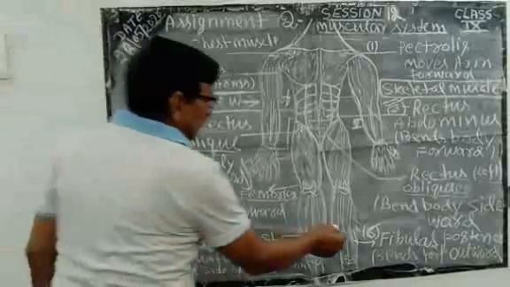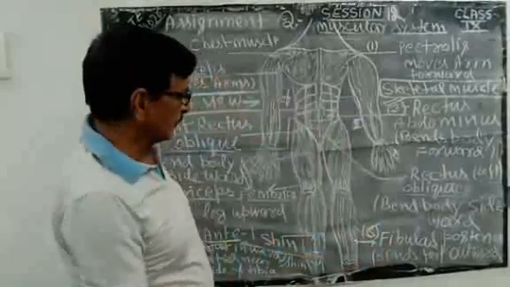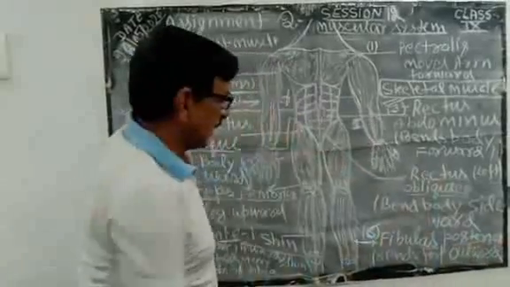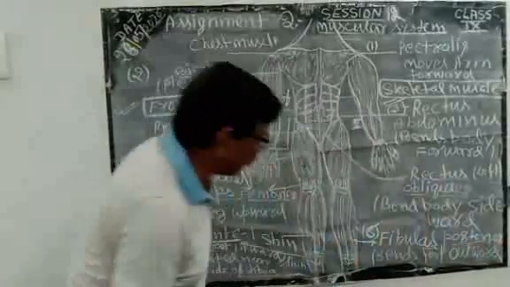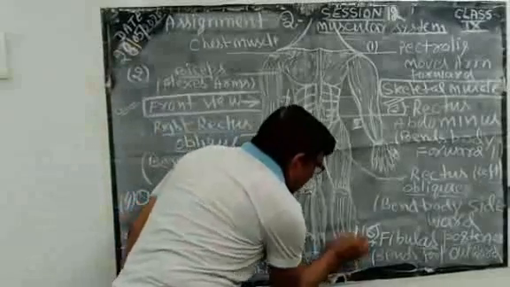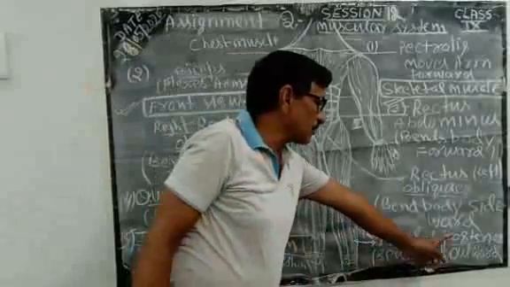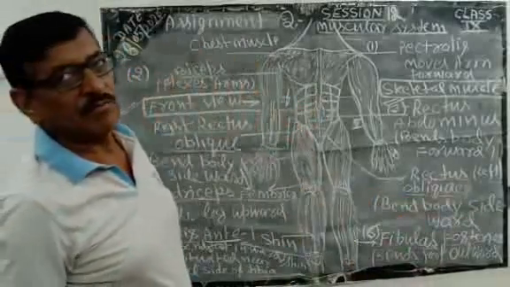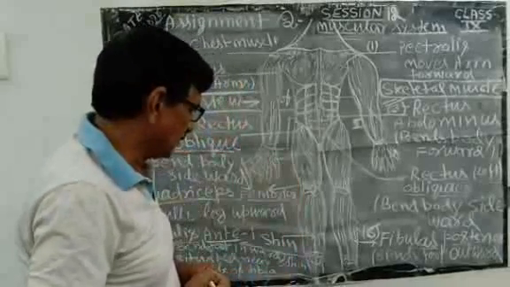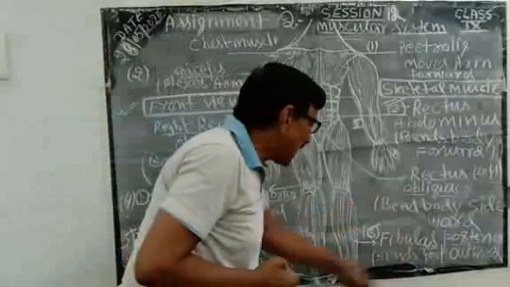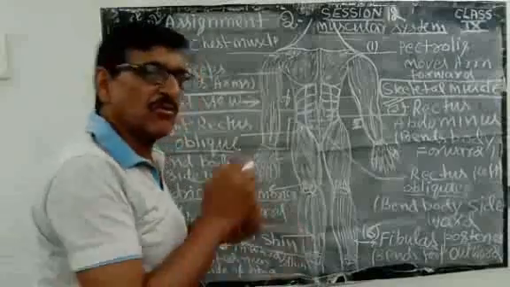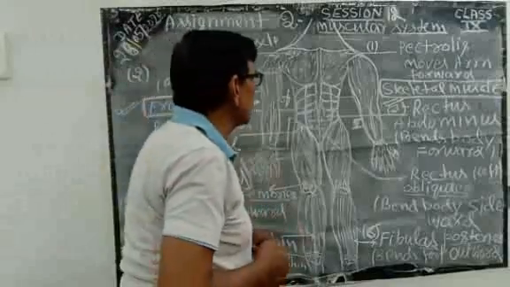Now last point, that will be fibularis posterior. Now children, look at the blackboard. This muscle is known as fibularis posterior. This muscle is situated on the posterior side of the shin near the fibula. It is all about your